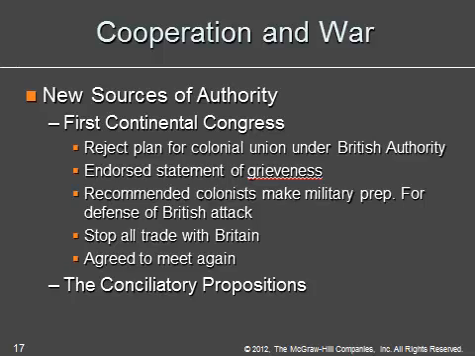Most colonies were present except for Georgia, and they made five major decisions. One was to reject a plan for colonial union under British authority. Two, endorse the Statement of Grievances, which called to repeal the oppressive legislation, which is basically the Declaration of Independence. Three, recommended that colonists make military preparations for defense against a British attack on Boston. Four, the non-importation, non-exportation, and non-consumption agreement to stop all trade with Britain, and formed a colonial association to enforce the agreements,